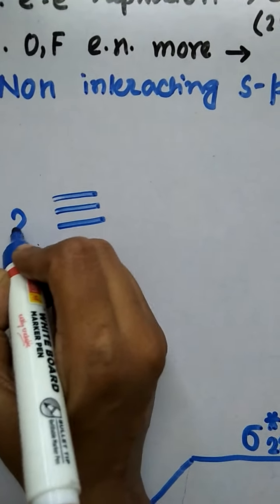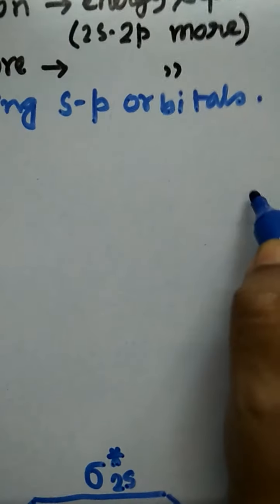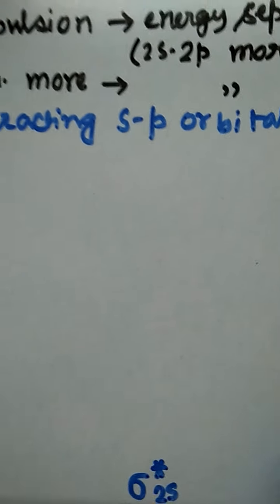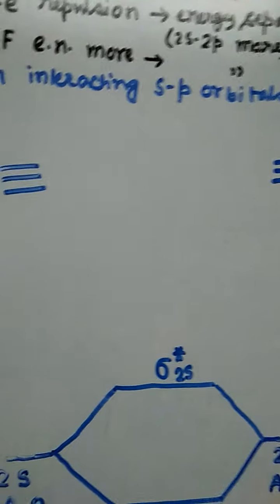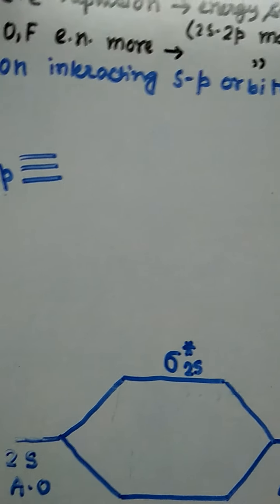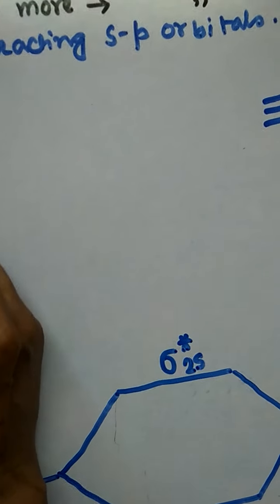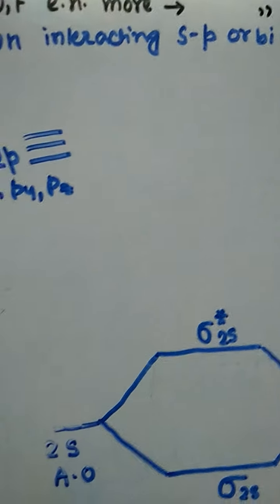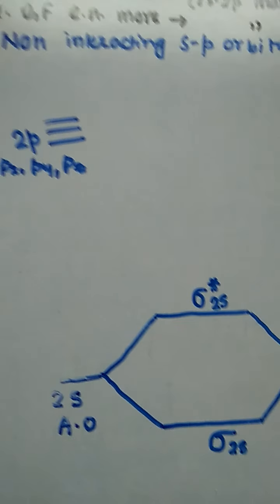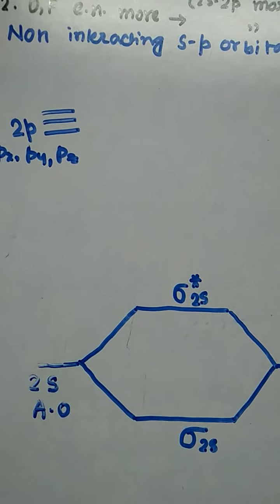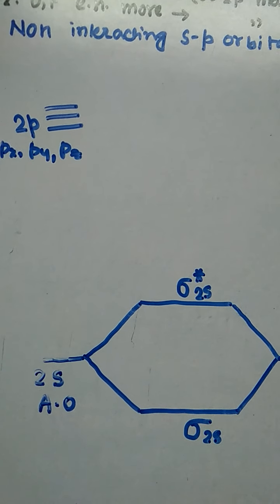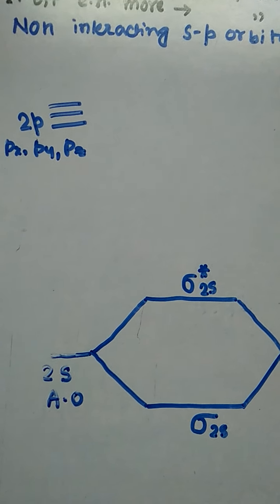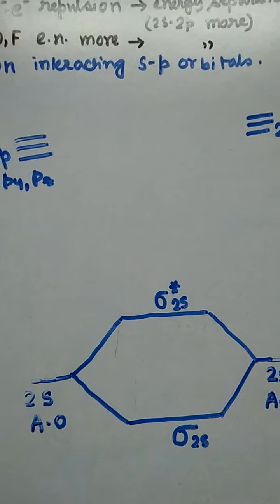So these are the 2p orbitals, and on this side you will also have the 2p orbitals from another atom of oxygen or fluorine. Now you have to consider that you have three orbitals, px, py and pz. One of them will combine to form a sigma bond and the other two will combine to form the pi bonds. Which will form the sigma and which will form the pi bonds depends on which axis you are choosing as the molecular axis.